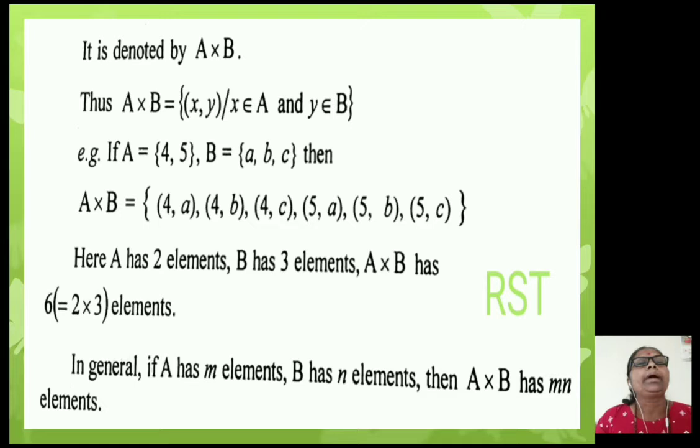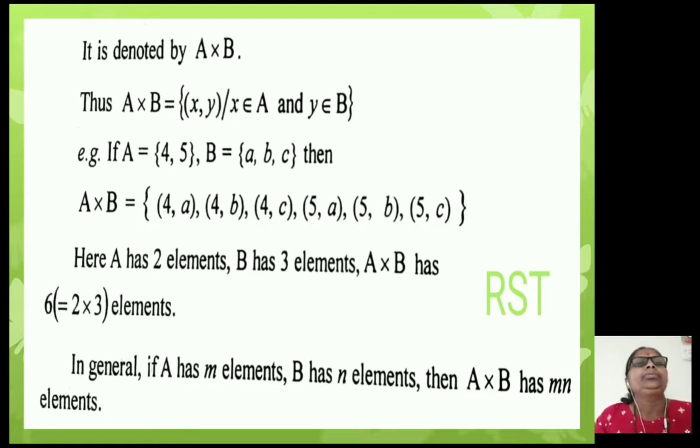It is denoted by A cross B. Thus, A cross B equals the set of (x, y) such that x belongs to A and y belongs to B. For example, consider A equal to the set {4, 5} and B equal to the set {a, b, c}. Then A cross B equals the set